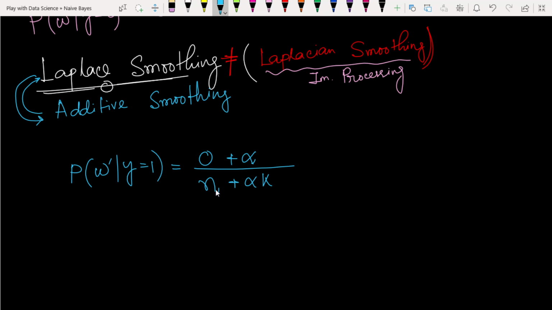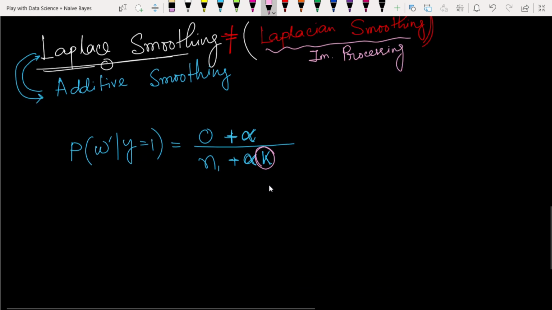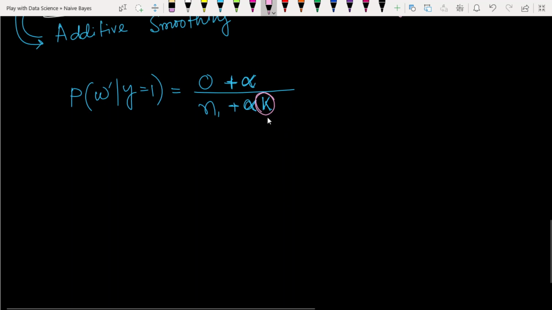To get rid of this zero problem, if we don't add this alpha, we simply take the zero value. So we add alpha to the numerator as well as alpha k to the denominator. Now what is this k? First let's see k, then we will see the interpretation of alpha and k. Here k is the number of distinct values